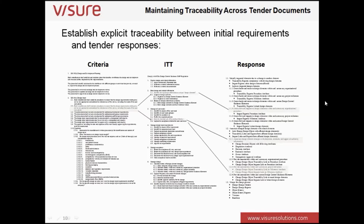And that has to be done again at sentence level, because you only have to miss out one sentence. You've missed one sentence or one requirement, and the potential impact or cost downstream, where you have effectively contractually committed to saying, yes, I can deliver what you've asked for, and then you discover at the very late point of your project life cycle that that requirement has not been addressed, then you have to retrospectively engineer that requirement, or either be in breach of contract or renegotiate